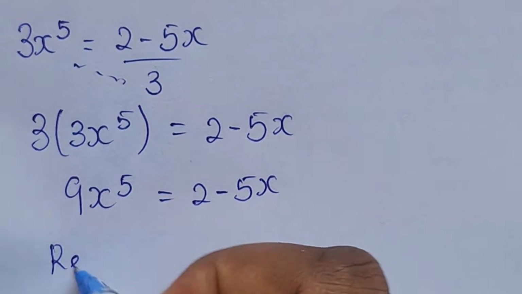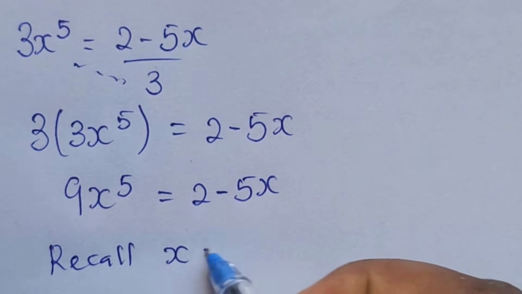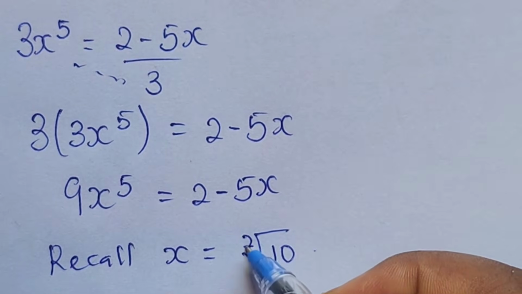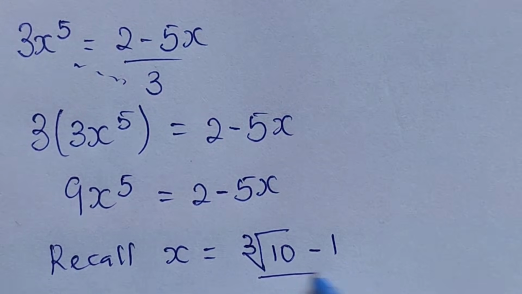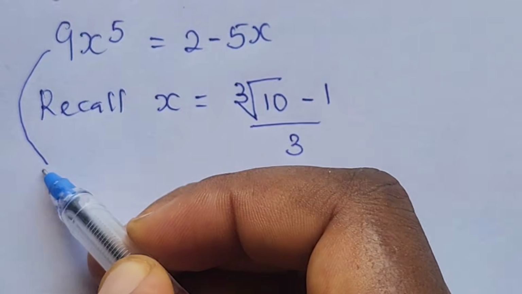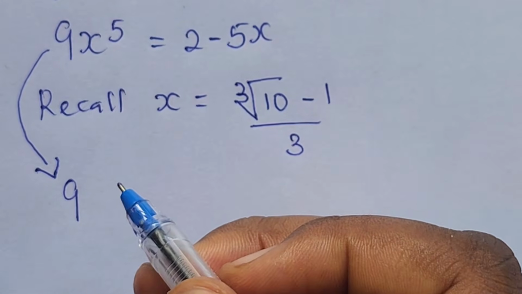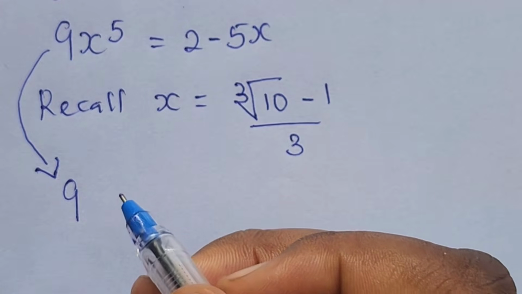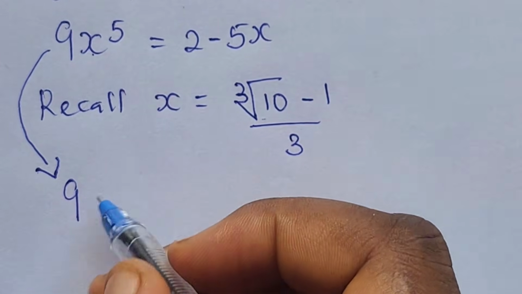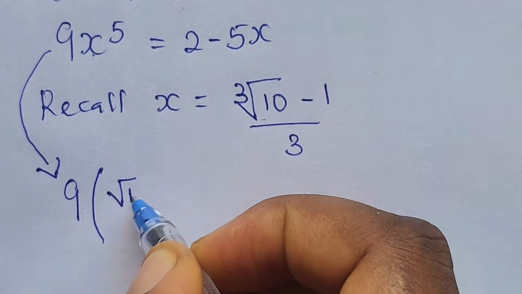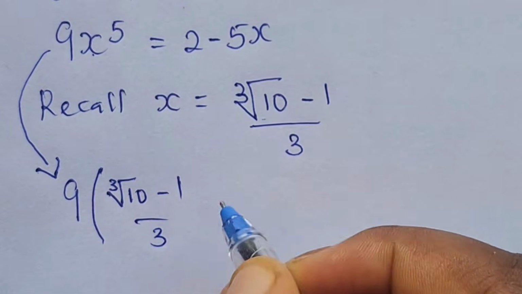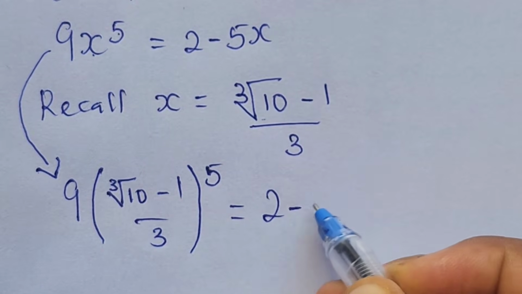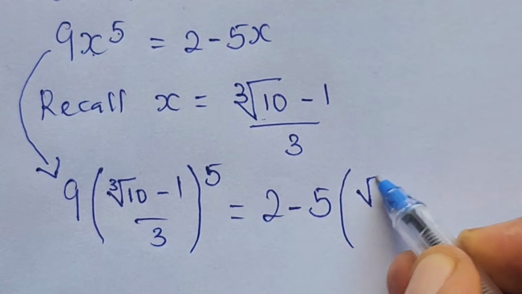Now let's recall that our x is equal to the cube root of 10 minus 1 over 3. So this equation becomes, we have 9 times our x here, we have cube root of 10 minus 1 over 3 all to the power of 5 is equal to 2 minus 5 times the cube root of 10